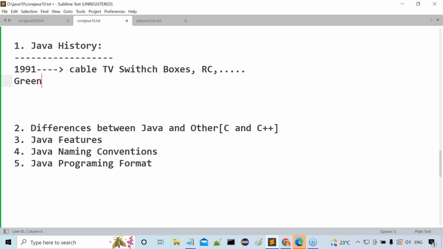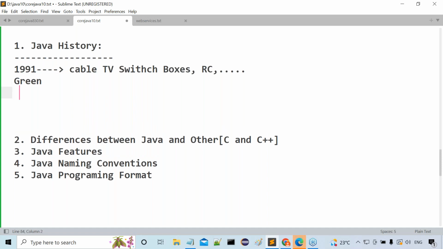The name of this project is what? Green Project. As part of this Green Project, they wanted to prepare a new programming language, the Java programming language. Everybody understand this point clearly? All of you are following or not?